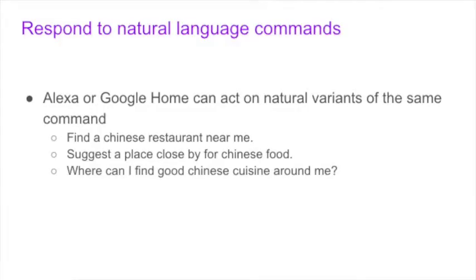But now in this talk, we are going to demonstrate various ways in which even modern machines can understand human language. And we are going to ponder how computers achieve that feat. Today, even a child can get a computer to play music or find restaurants near them or tell a joke by talking to their home devices like Alexa or Google Home in a natural language.